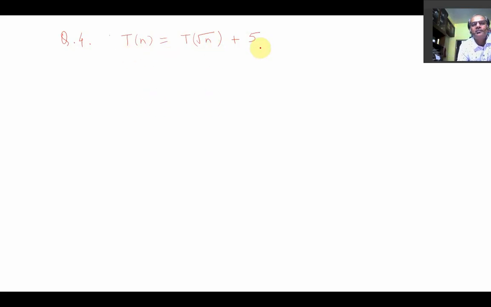Actually, for any recurrence relation, some terminating condition must be given to you. That means actually T(1) or T(0) will be something that I know, that can be a constant, because when the input size is 1, then in some constant time you can execute your algorithm, that is T(1). That is not given to me, but you can say suppose T(1) is constant. Now what is the behavior of this?